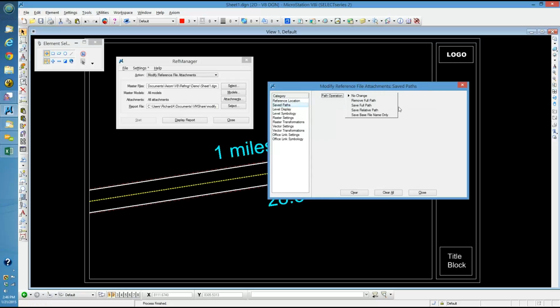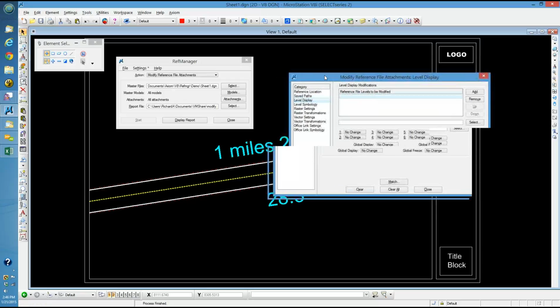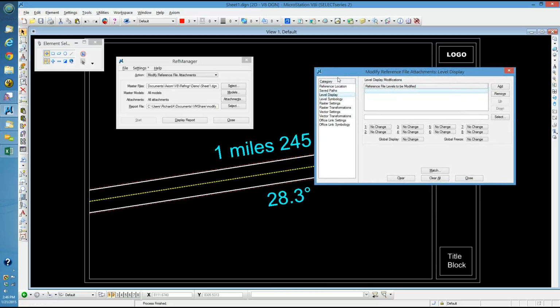So let's say you wanted to change everything from a full path to a relative path, or maybe you just want to save the base file name so it only uses the MS_RFDIR or the active folder for picking up the reference files. You could strip it down to just the base file names. You can do all sorts of things there. Where you might find this hugely beneficial in terms of time is, let's say you've got 100 sheets,